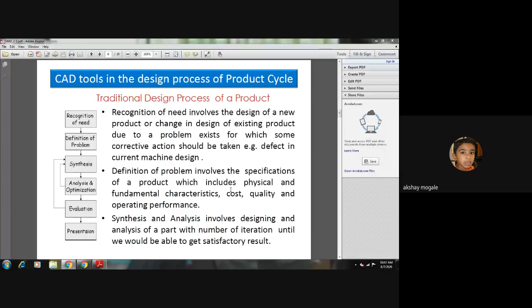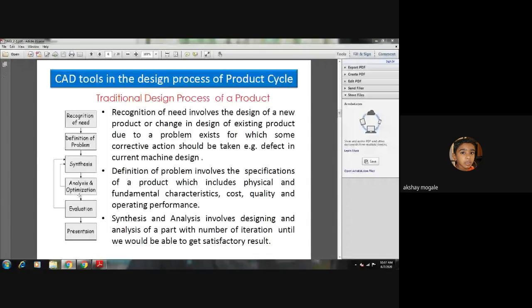Analysis and optimization, that means in analysis you are making sure that everything is fine, it is within the space, and whatever product you have developed will work. If it is not up to the mark, it can be recycled. By recycle, I mean that iteration can be done on shape and size, and analysis can be done again. Then it was an evaluation stage. Evaluation means again checking the things up to the standards.